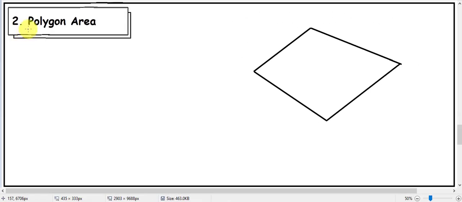The second type of area is the polygon area. What is the meaning of polygon area? Polygon area is for any shape with straight lines that is not a regular shape. It's an irregular shape. So in this shape, this is point A, and this is point B, point C here, and